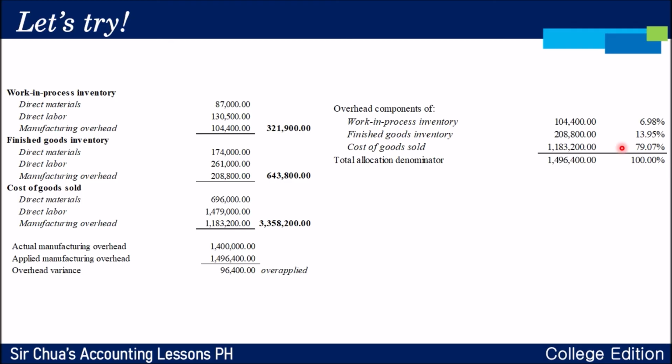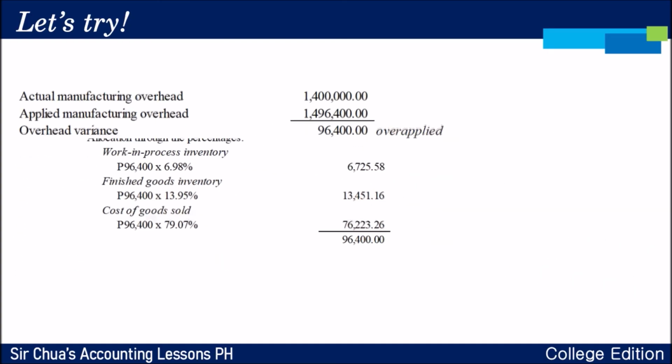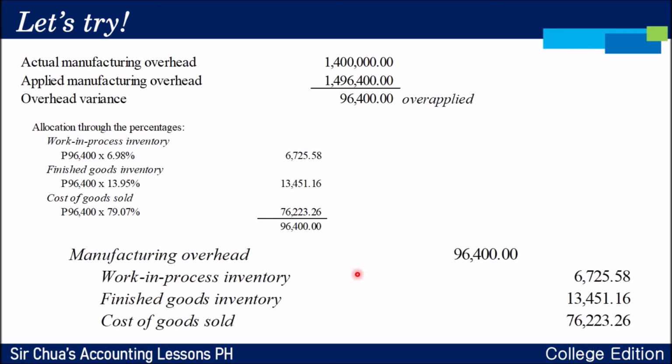Now, if you already have your allocation percentages, then you can multiply them. Okay? So, yung variance po natin ng 96,400 times 6.98%, 6,725.58 po ang allocate natin sa work in process. For finished goods, you do the same calculation, 13.95% naman po. And sa cost of goods sold is 79.07%. Okay? So, what happens is that ang magiging entry mo po is tatanggalin mo na po sa manufacturing overhead